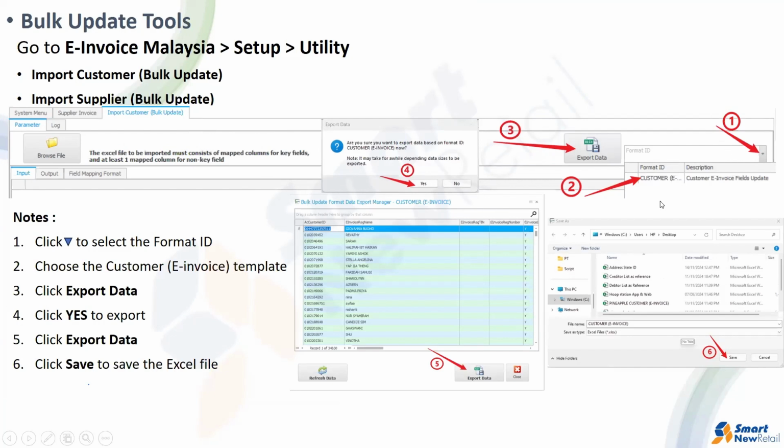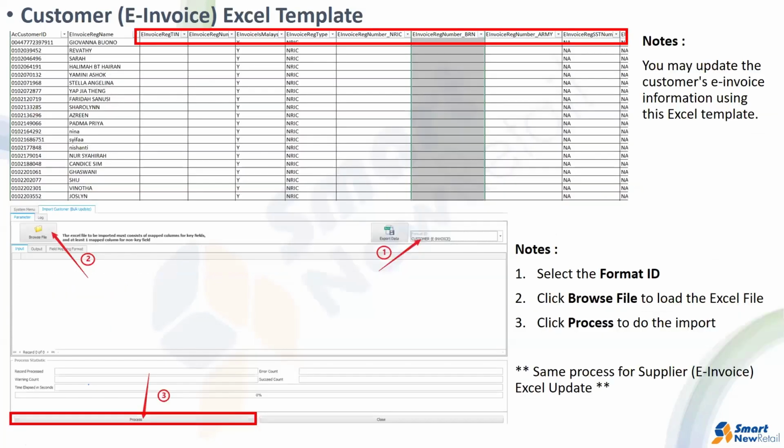So you click drop down, you select the format ID, and then you click on export data. Then you press yes, and then you click on export data. Then you click save to save the Excel file. Okay. So this is the example of the template. This Excel file, you can use it to update your customer e-invoice information. So once everything is updated,